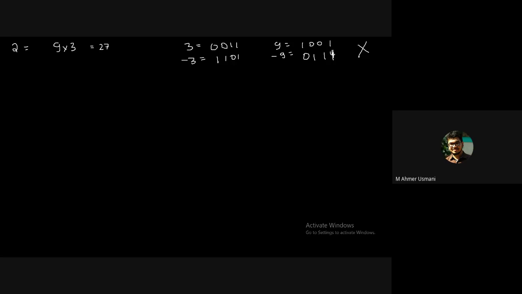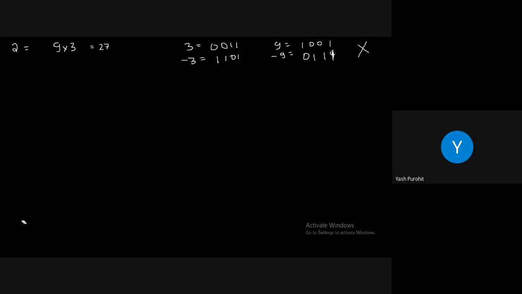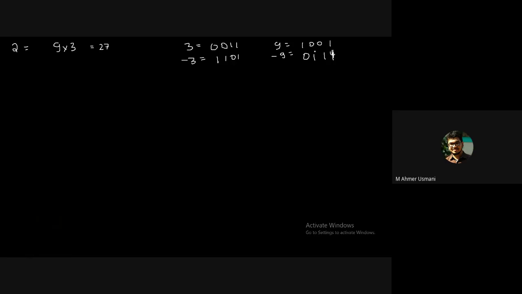And what is the mistake that you have made? Can anybody find out the mistake? You won't do anything in the later part; your mistake is here in the initial part. What is the mistake? The MSB of a negative number is 1. Exactly, it should start with 1. So the 9 that you have written as 100, that is not 9. Can someone tell me what this number is?